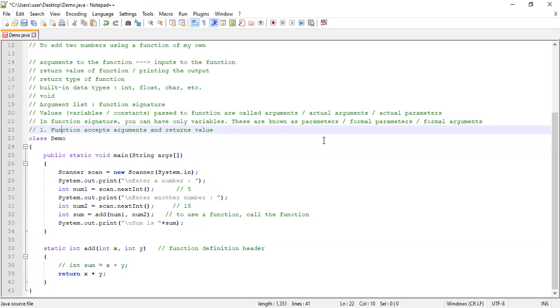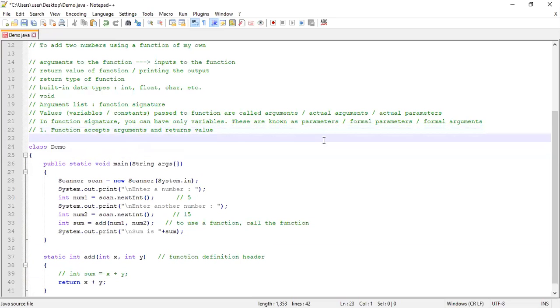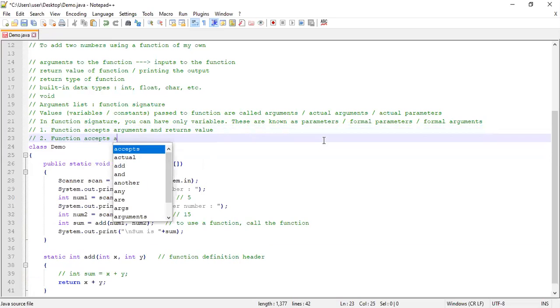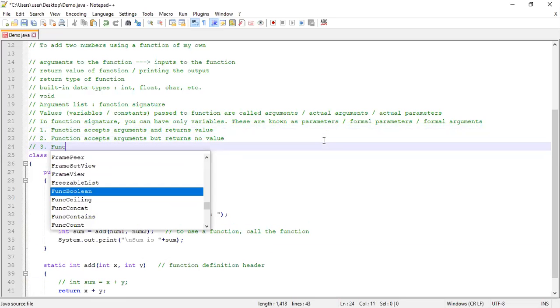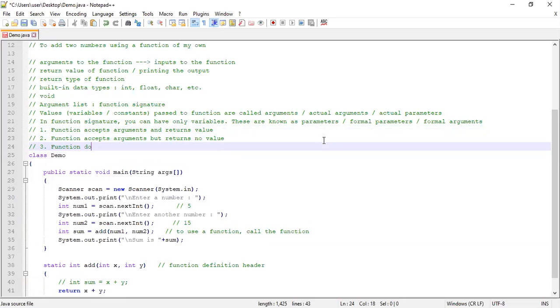So one class of functions is a function which accepts arguments and returns values. You can also have a function which accepts arguments but returns no value. Even that is possible. You can have a function not accepting arguments but returning a value.